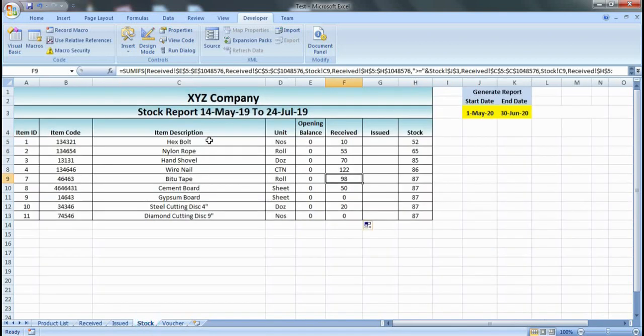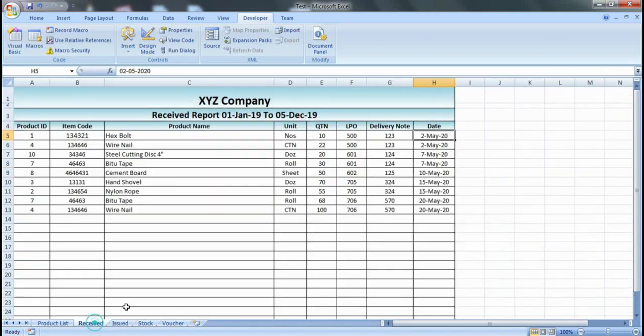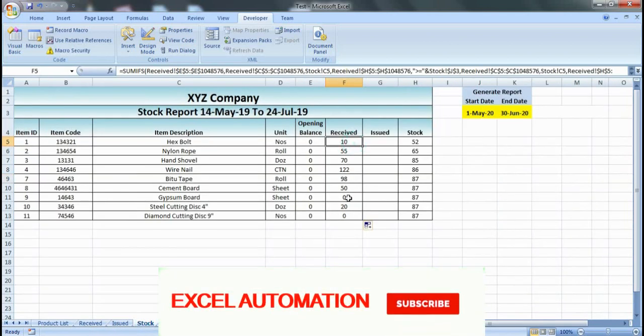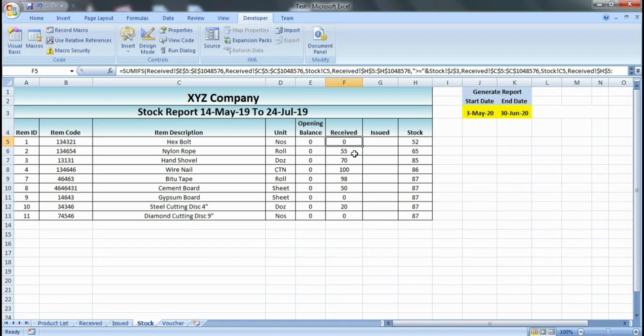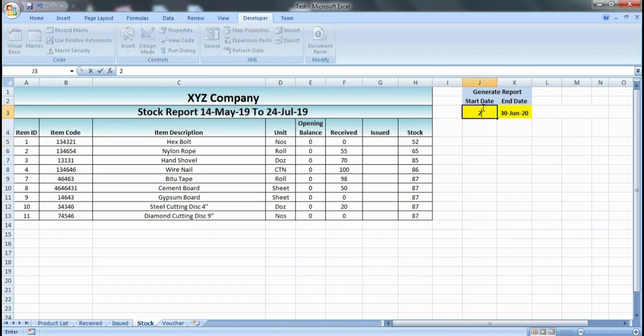That is why it's giving the quantity of 10, because I have started the date from 1st May. If I start from 3rd May, then it will not give me any quantity, because you can see here it's showing 0. So again I will set it to 1st May.